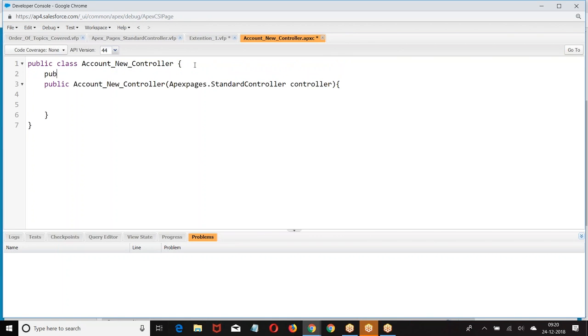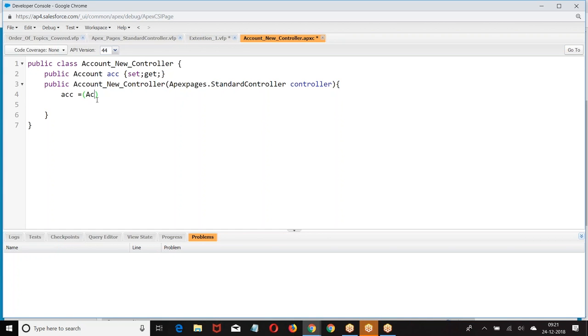Now do you know which record we are going to take? It can be an account, a contact, an opportunity, it can be A, B, C. As we are not sure which type of object we are going to take, it is going to take it as an SObject. If it is an SObject, what should I do? Convert the SObject into the original format and use it. So what I am doing here,